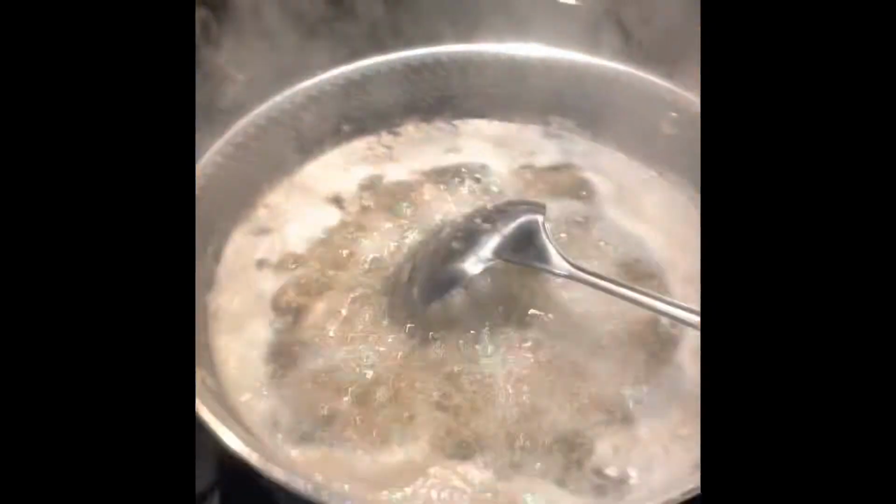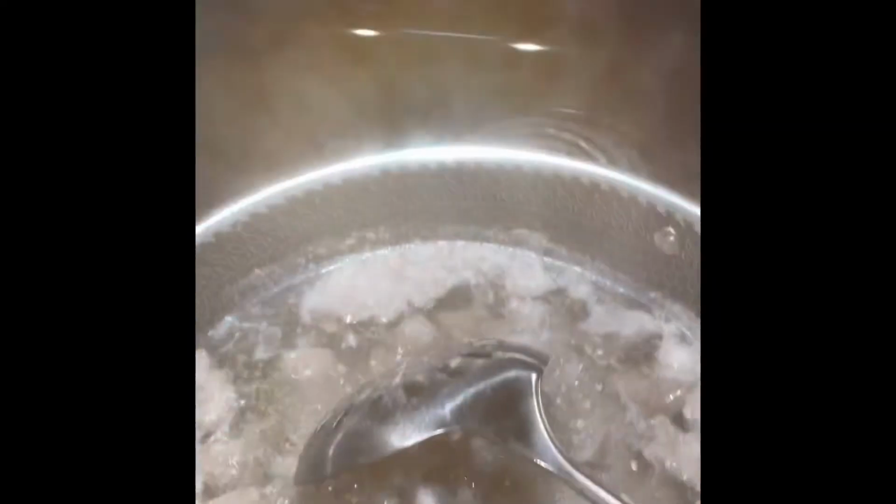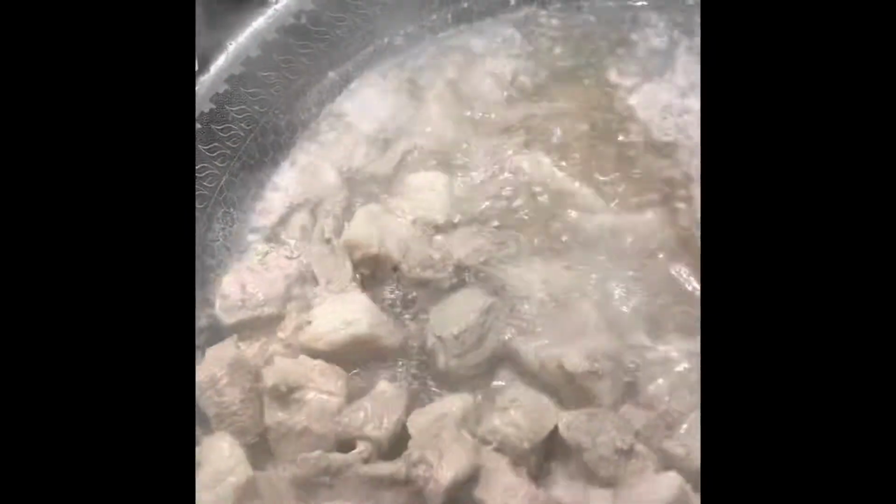Now we need to chop the pork or ribs into small pieces, and then turn on maximum heat to boil the cold water, to set the cold water to boiling, and then put the meat in. It's around 600 grams of meat. Once it's boiled for 5 minutes, turn off the fire and